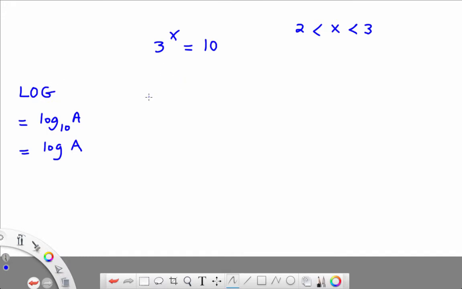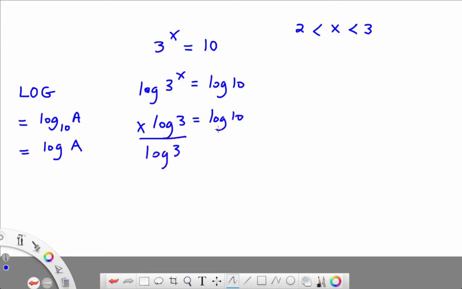So using your calculator, well, first we can set it up by taking the log of both sides. So we have log of 3 to the x equals log of 10. Then we move the x to the front using the property that we covered a few minutes ago. And then we divide both sides by log of 3. They cancel on this side. X equals, now log base 10 of 10 is 1, and log base 10 of 3